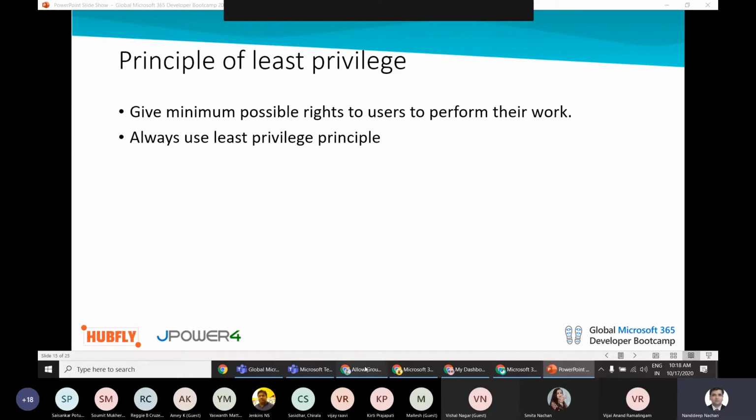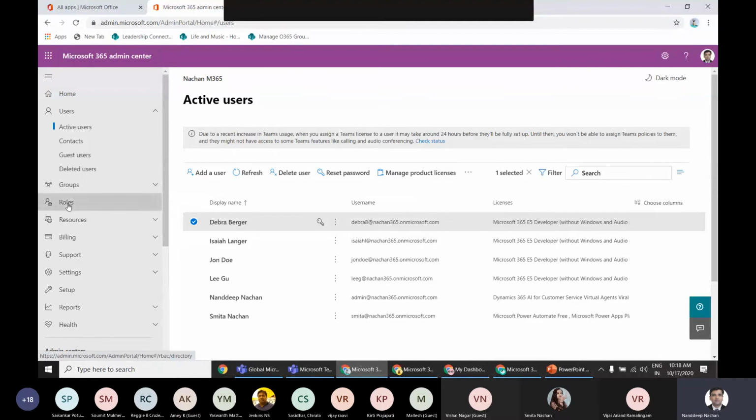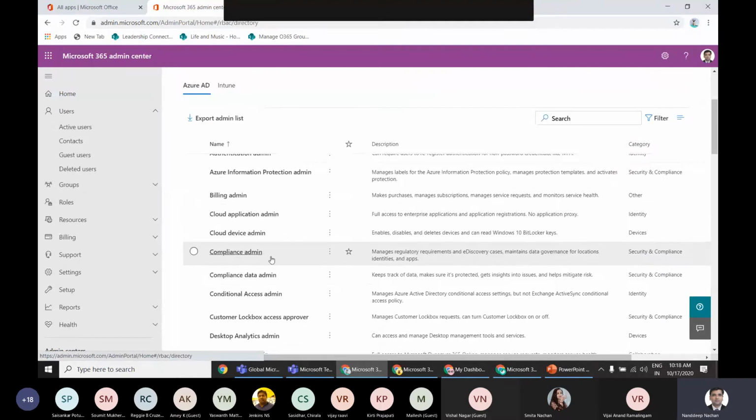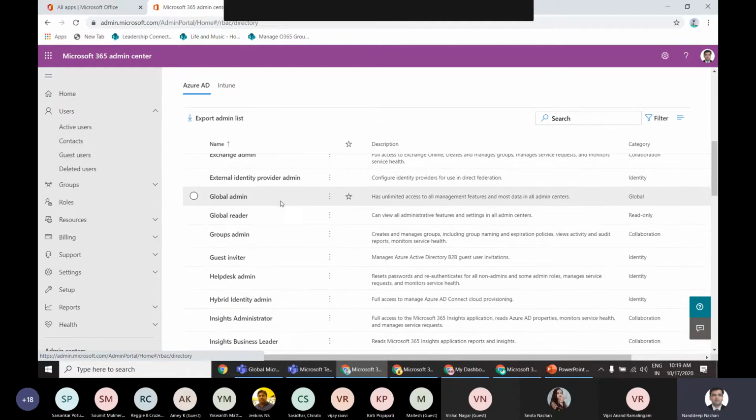So for example, if I go back to our admin center here, we have various roles defined. So we have global administrator, which is here. The global administrator can manage your entire tenant, and then he will have kind of unlimited access to all the features, apps and services inside your Office 365 and the admin centers. So in turn, he will also have access to the SharePoint admin related